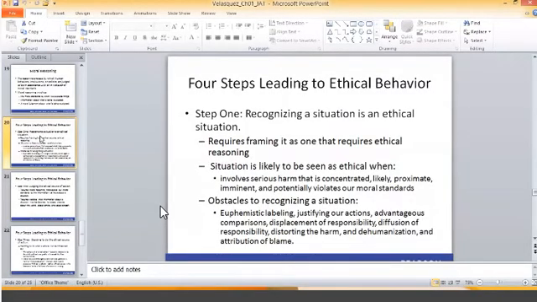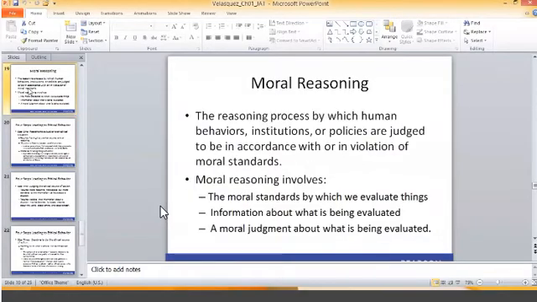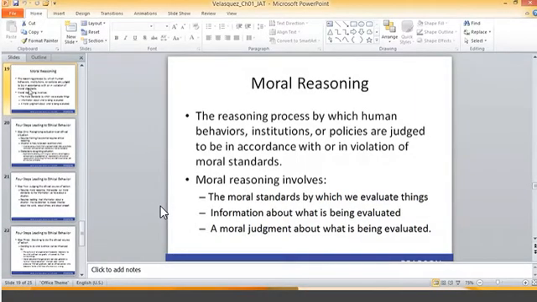Okay, I think you're quite clear on the meaning of moral reasoning. Because when we face certain situations, we have to reason it out, whether that situation is an ethical issue or not. That is moral reasoning. That's the first step, the first thing we will encounter. Then we try to find out whether the situation involves an ethical issue or not.